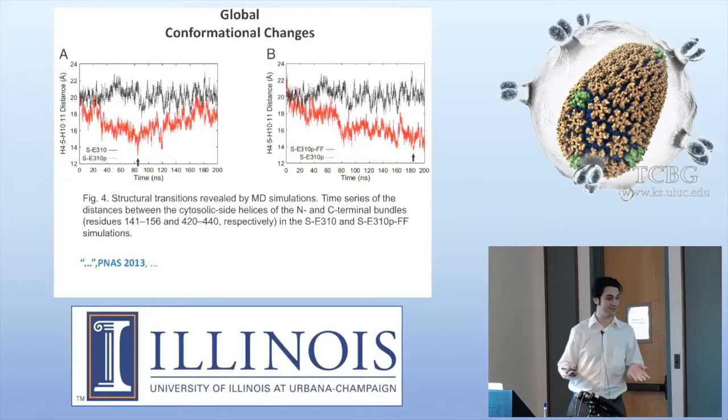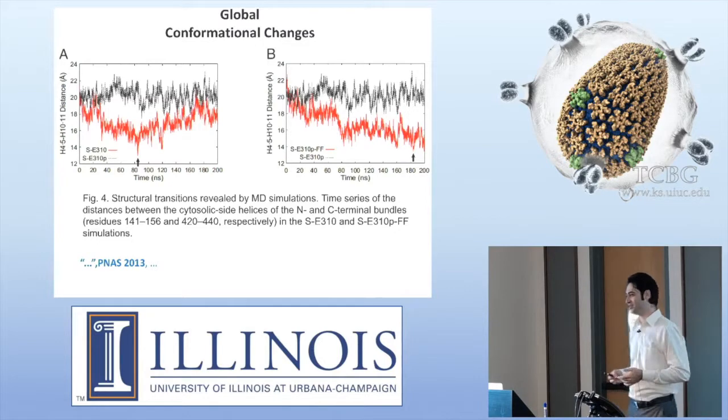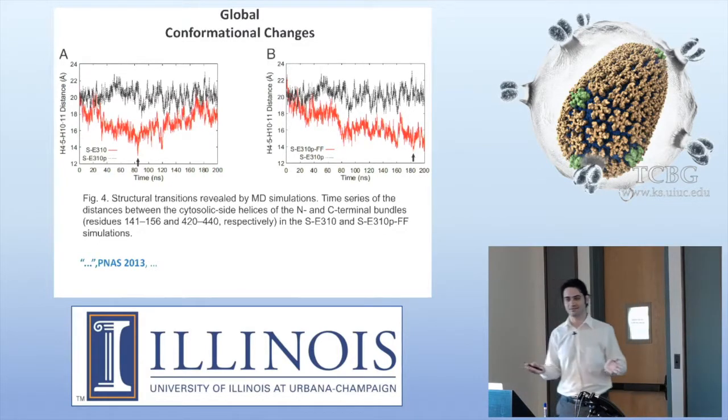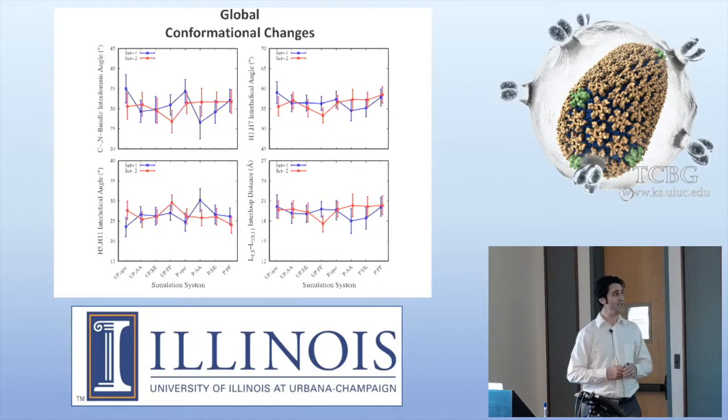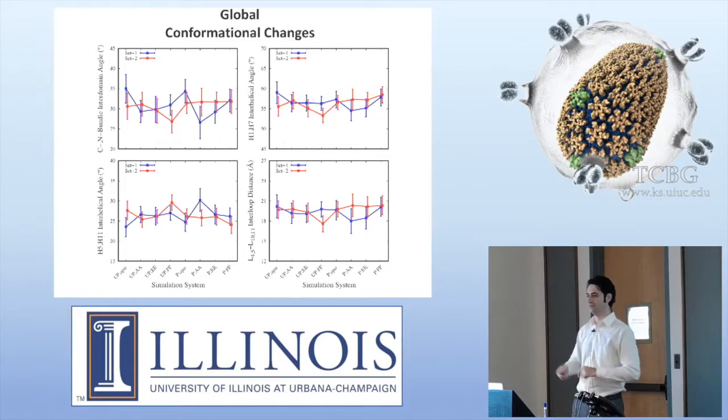And should we take these differences seriously? Absolutely not. These are just some random changes. This is just thermal fluctuation. This is randomness. So if you average over the different quantities like CN bundle domain, H5, H1 interdomain angle, and other things, so just average over the entire trajectory, or I don't know, the last half of the trajectory,